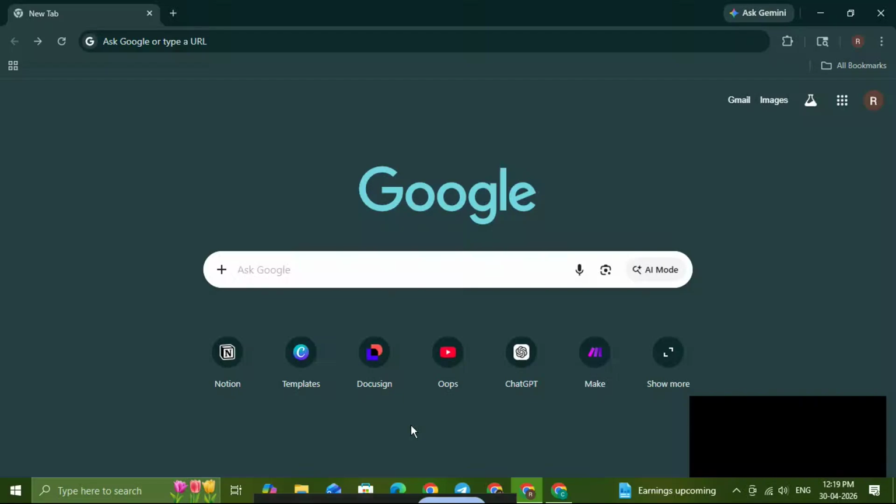In today's video, I'm going to show you how to change your Google Chrome account quickly and easily. Whether you want to add a new Google account, switch to a different Chrome profile, or simply use a separate account for work, school, or personal browsing, this guide will walk you through the easiest way to do it step